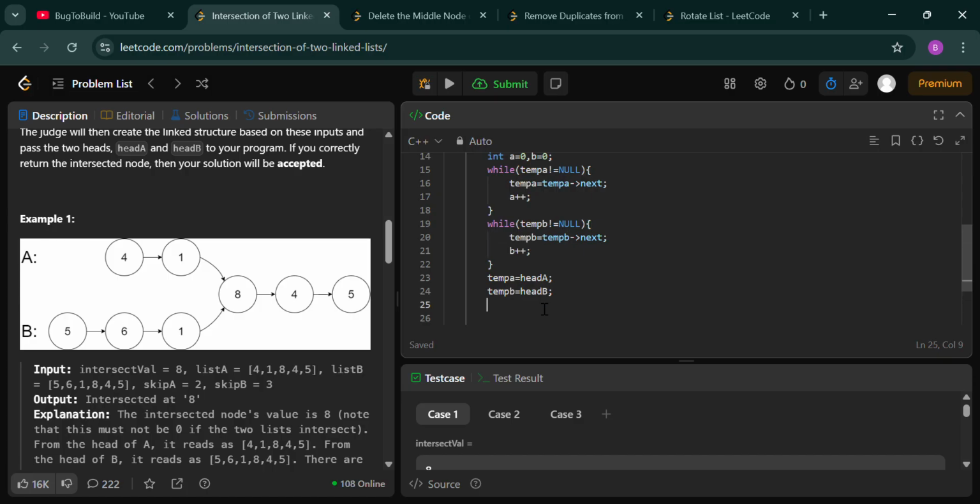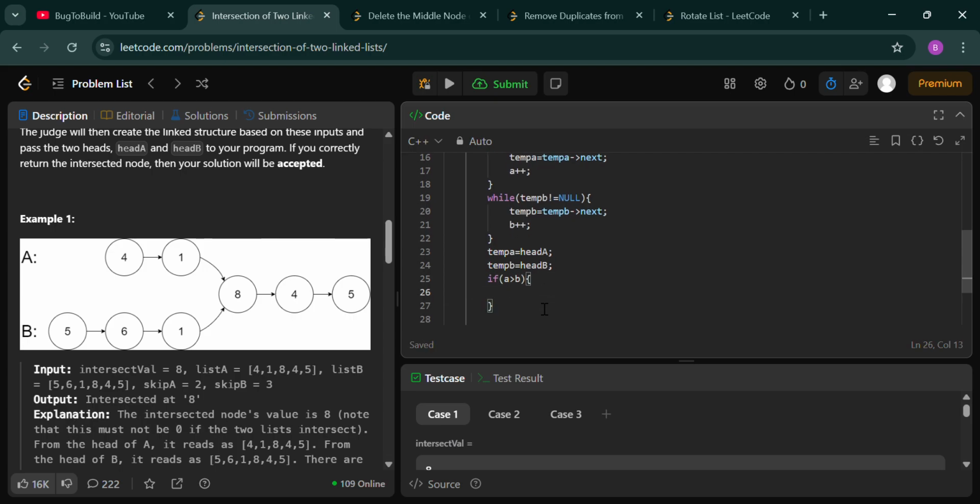After that you just have to check if the length of A is greater than B, meaning the A linked list is longer than the B linked list, then you have to find the difference, A minus B. And then for int i equals 0, i less than diff, i plus plus.